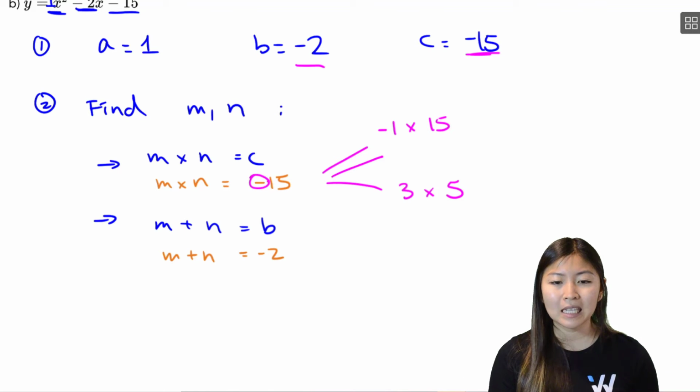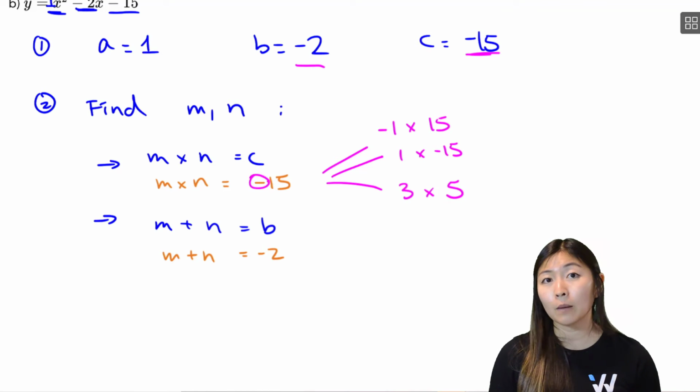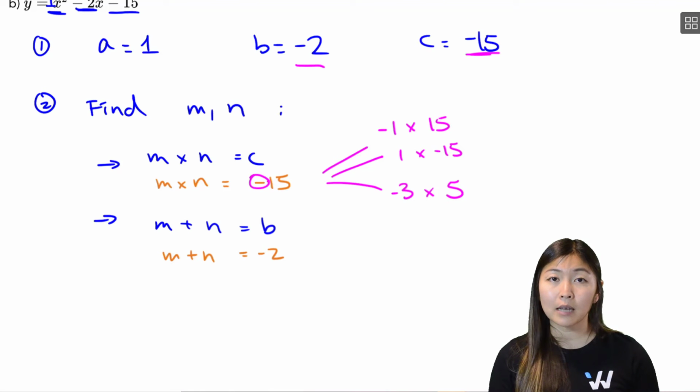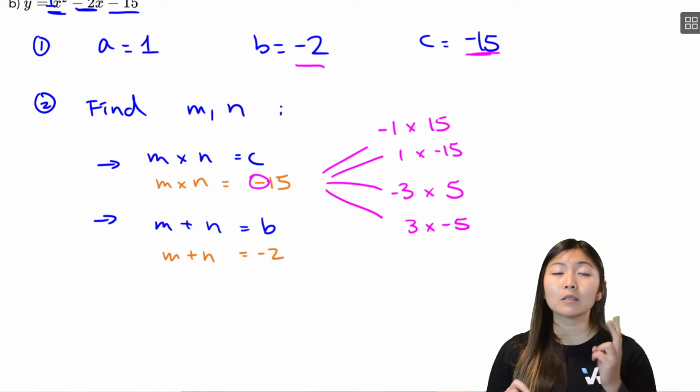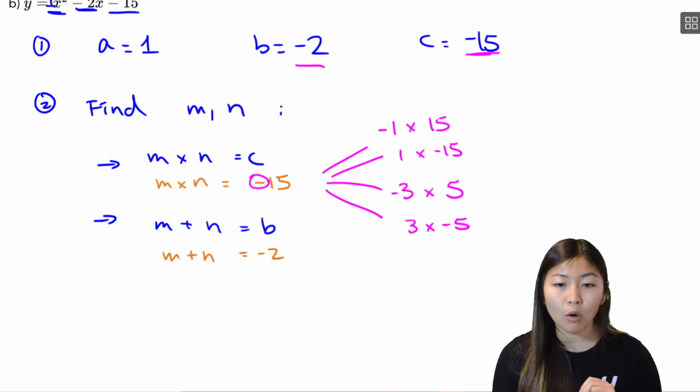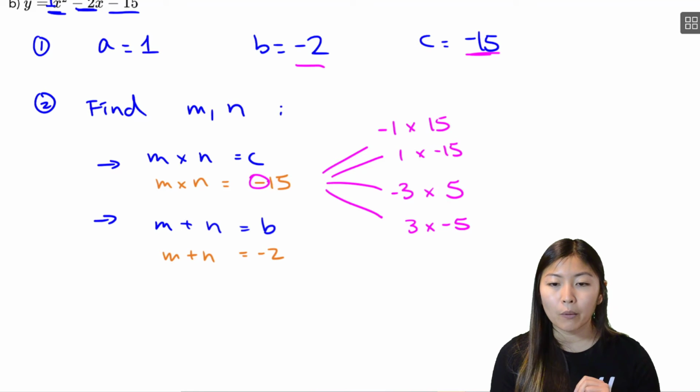What if instead I decided to put the negative in front of the 15? Well, that's another option, isn't it? And for 3 and 5, again, I could put the negative in front of the 3, or I can switch it. I can put the negative in front of the 5. Now, order doesn't matter. So I don't have to say 15 times -1,